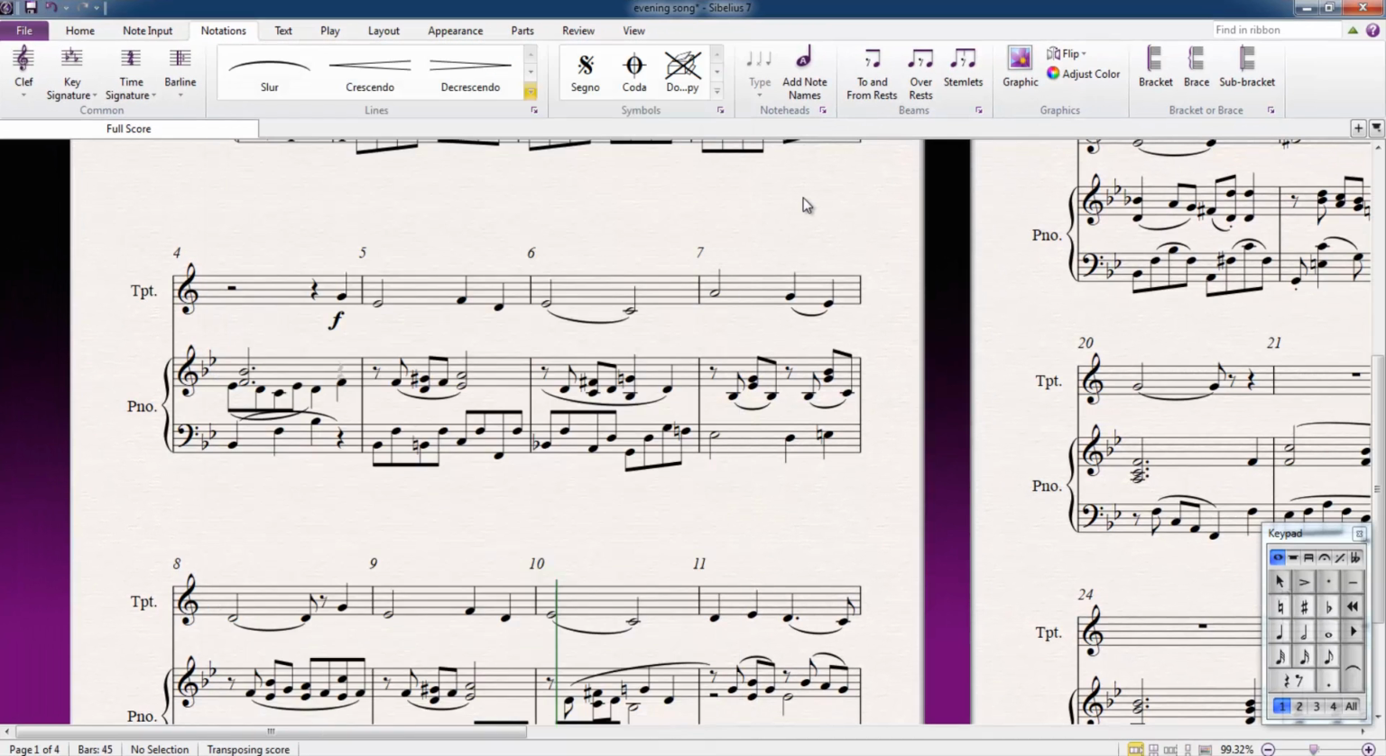Let's add a crescendo to measure 5. I can select the half note, then choose a crescendo. A hairpin will appear with a blue box at the open end. You can take your mouse and drag the box to extend the hairpin,